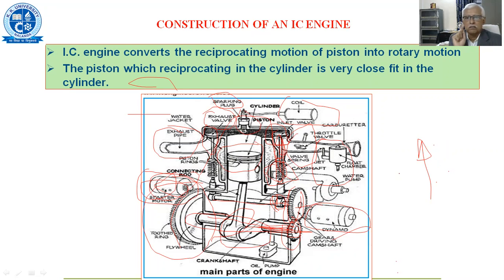The engine must be running only at operating temperature. It should not be overheated. In order to keep the engine cylinder, piston and other components which are exposed to the heat within operating temperatures, these temperatures inside the cylinder may be around 500 to 600 degrees centigrade, but it should not be more. So in order to contain that, if it goes above that, there is some mechanism which cools it.